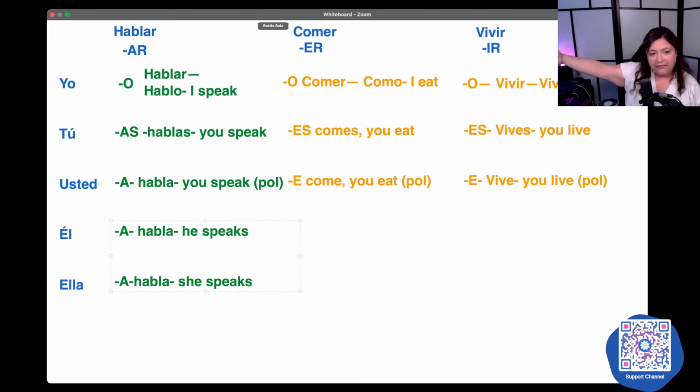Él habla inglés. So you can also replace the él or ella with an actual person. ¿Habla perro y habla gato? No, ella no habla gato.